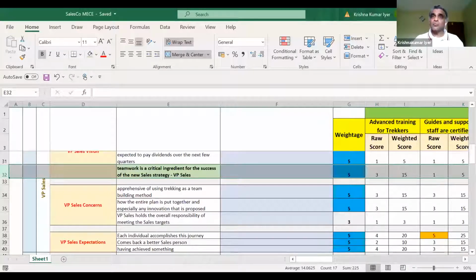Okay, and compared to a trekking company which offers only a regular trekking solution, okay, we'll take you from point A to point B, we'll organize the tents, camps, we will organize food for you, we'll organize safety, we'll organize trekking equipment, etc., and just stop at that, is not going to look any different from any other trekking company. But you as a trekking company, combined with a solution which involves a sales consultant who's going to do sales coaching, sales training as part of your service, you will find that now you have a differentiated position compared to any trekking company.